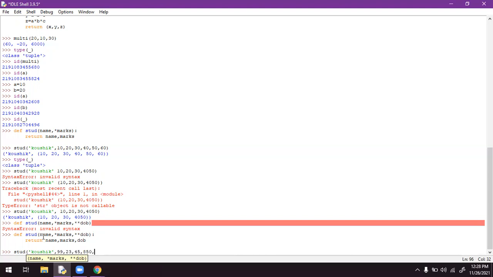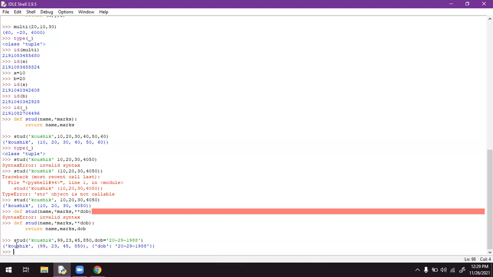But in order to define the third variable, what is the third input here? DOB. So you have to mention that DOB. You have to mention DOB equals, in quotations, 20, 29, 90, some. Like that you have to mention. Actually it's not my date of birth, I'm just typing it for your understanding.